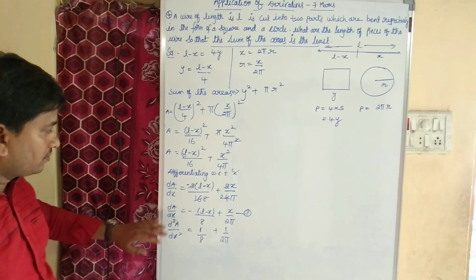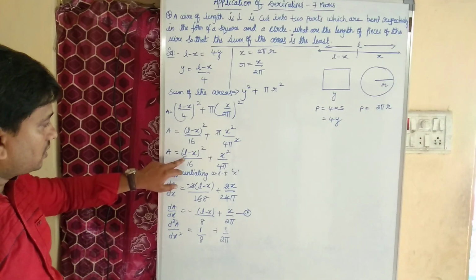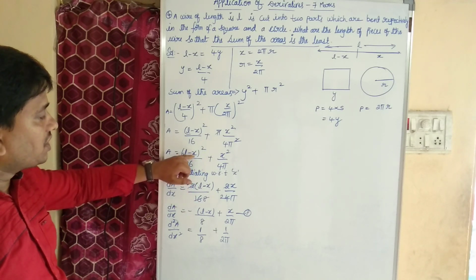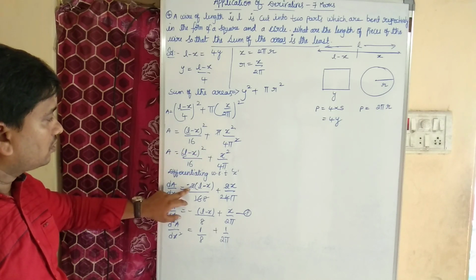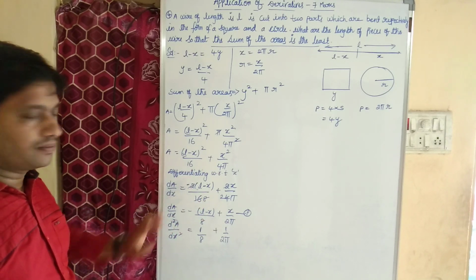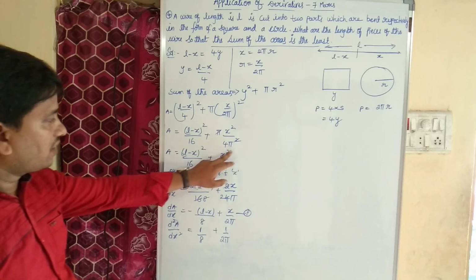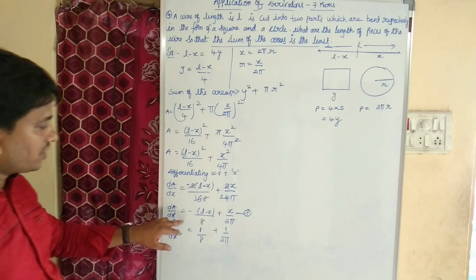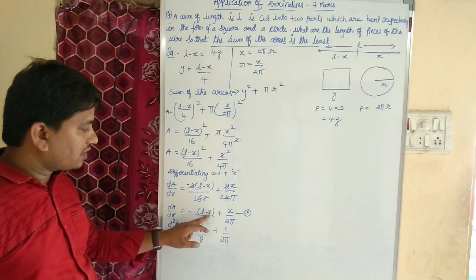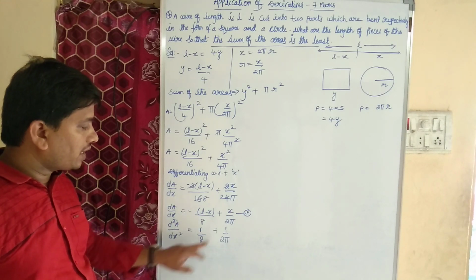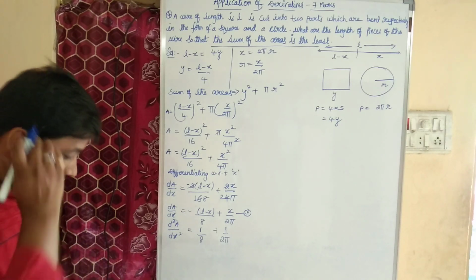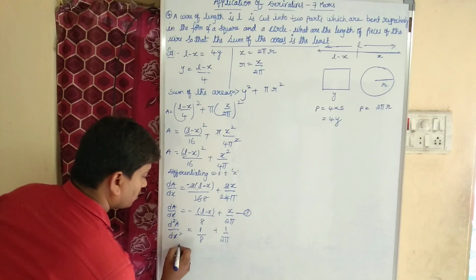Let me explain once again. This is our area, differentiating with respect to x. 2 into (L minus x), it is in the form of x power n. 2 into (L minus x), again x differentiation is minus 1, therefore minus 2 into (L minus x) by 16. So 2 and 8 we cancel. X square differentiation is 2x. Now again we are doing differentiation with respect to x, right? Minus L differentiation is constant 0, x differentiation is minus 1. Minus into minus, plus 1 by 8, plus 1 by 2 pi. Okay? Don't confuse. Once again we need to practice. Now, therefore A is minimum.